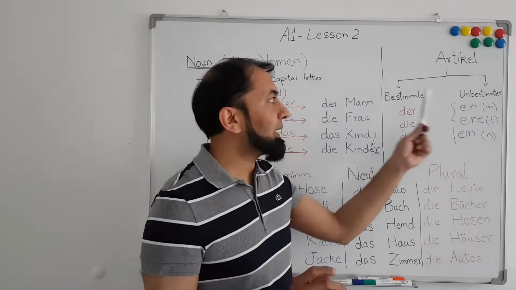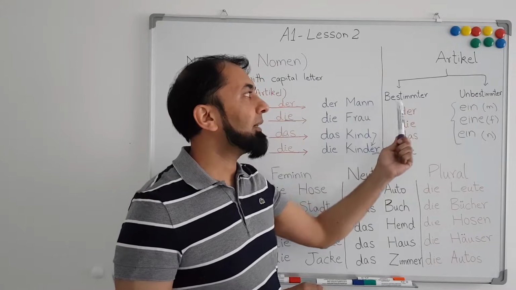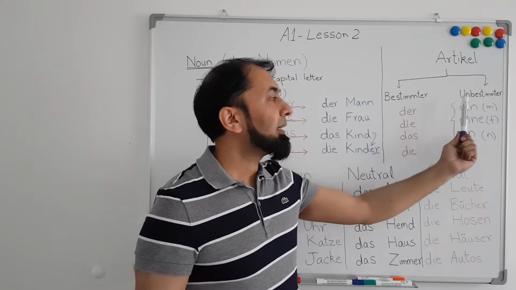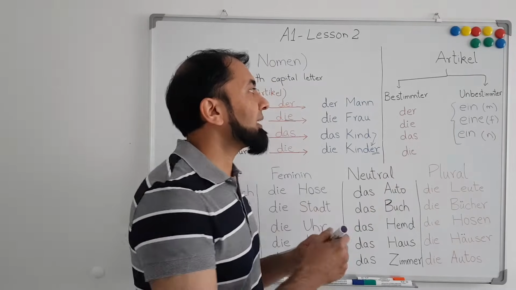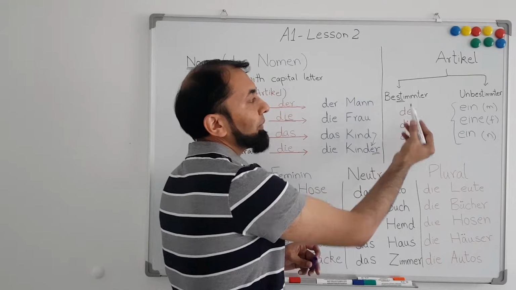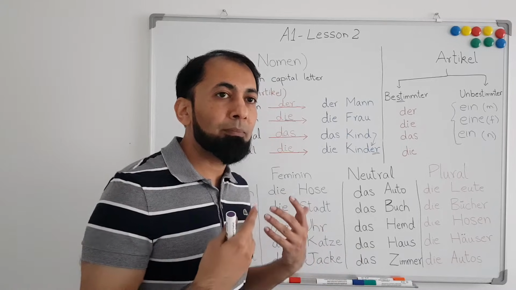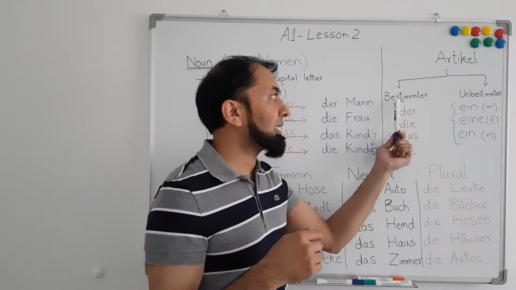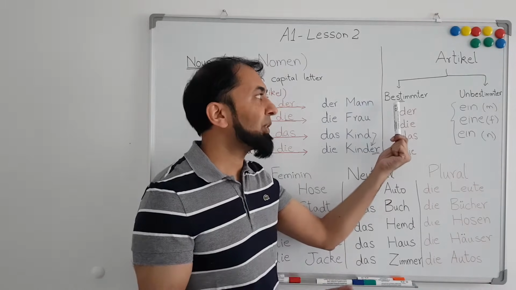So now we come to this part of the lesson, and here you see that article can be further divided into two subsections. One is bestimmter and the second is unbestimmter. So look at the first one. In the first lesson we learned that whenever T comes after S, the S will give a sound like sh. So here, because T is followed by S, we can see that the sound is bestimmter,